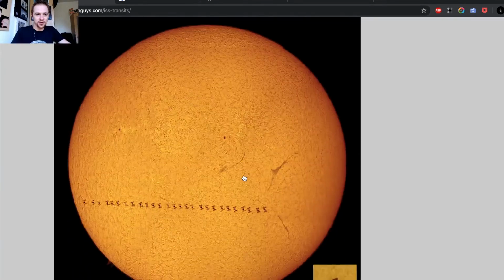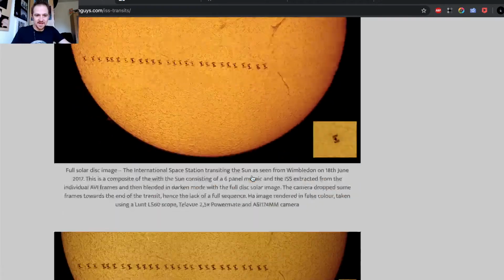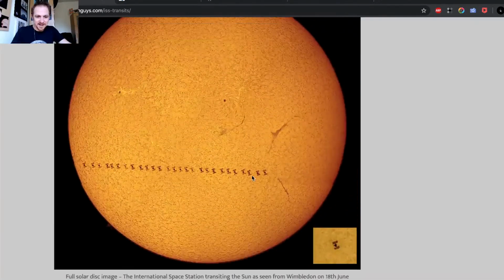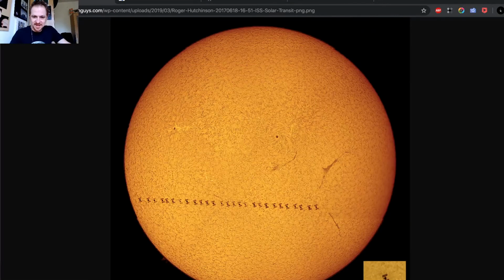But I have, from there we go, that's from Roger Hutchinson, and this is his input. So this is how it looks, people, when somebody happened to have a hydrogen alpha telescope. If you don't know what a hydrogen alpha telescope is, it's basically showing the sun at a certain wavelength, because in different wavelengths you can see different things on the sun.